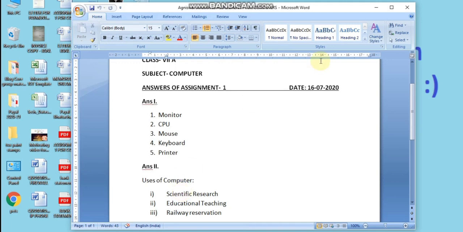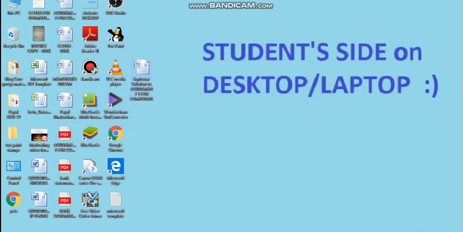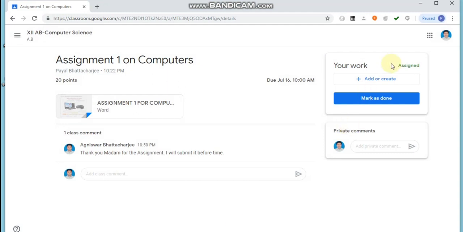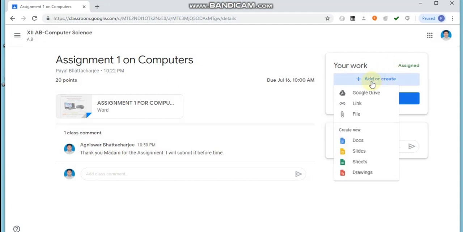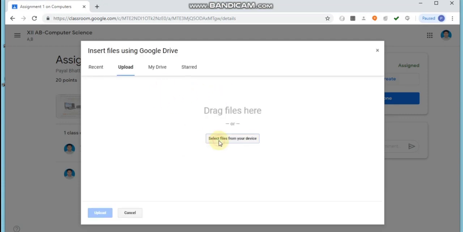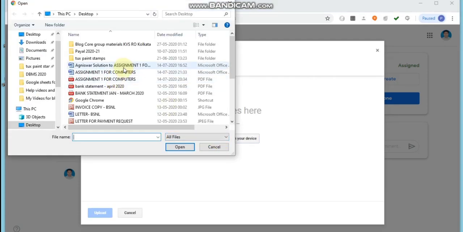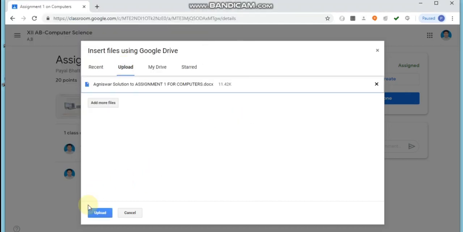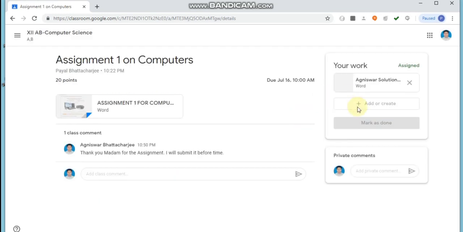Now after rectifying, save the file, and then again from the student side, the student will upload the file. Select files from the device and then click on upload. So uploaded, and you have turned in.